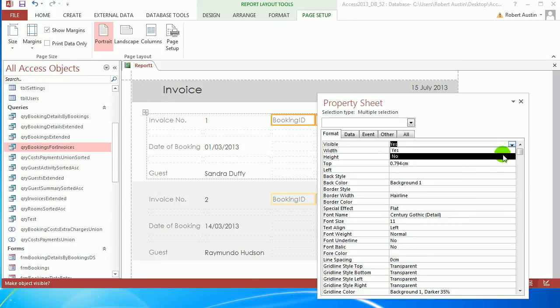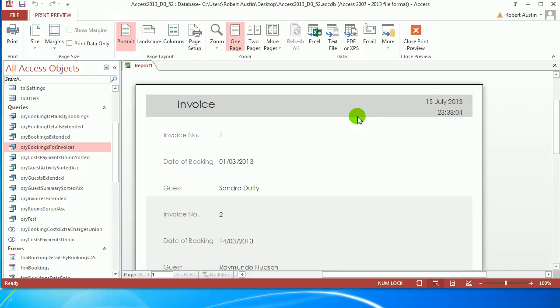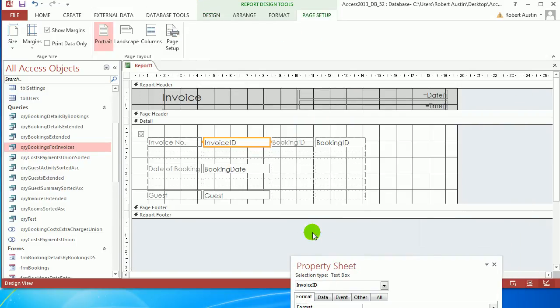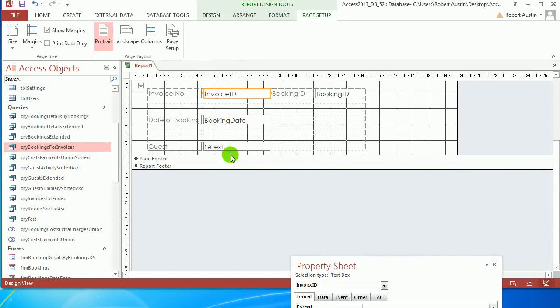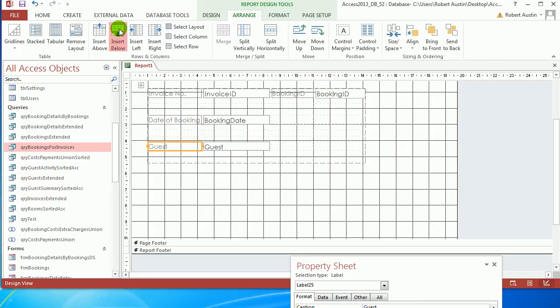Visible, no. Cool. Okay, we got print preview. Okay, that's fine. So now what we're going to do is add in the sub report. So go to design view, I think, because we've got to make a nice space for the sub report. Drag where it says page footer down, click on guest, go to arrange and go insert below,